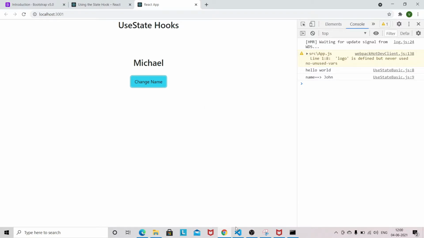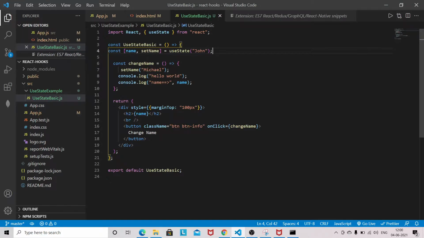So setName is triggering the re-rendering of the UI component, and that's why we are getting the updated value. This is the very basic example of useState. I hope you understand this basic use case of useState.